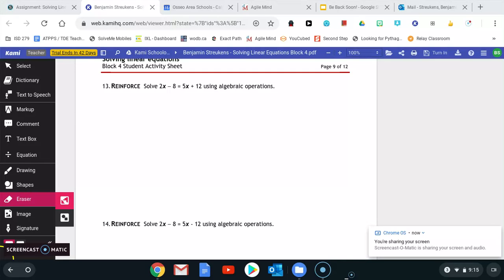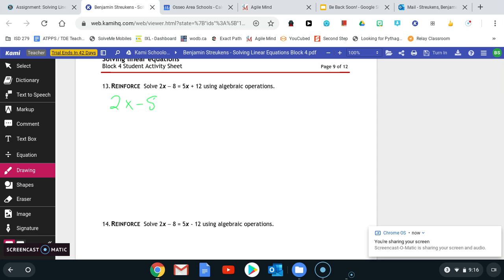Good morning, everyone. I've been asked to go over some of the Block 4 questions. I know this is a little late, as your assignment was last week, but we're going to get to a little bit of Block 4 right now. So I'm going to go over a couple of these questions, but then I'm going to have you guys do some on your own. So it looks like the first equation we have is 2x